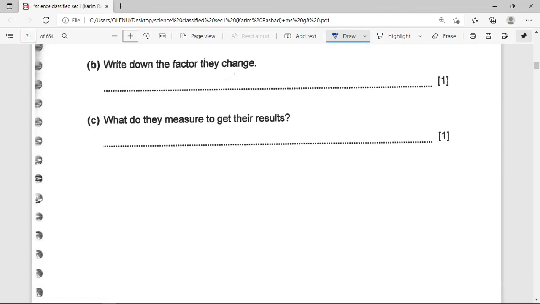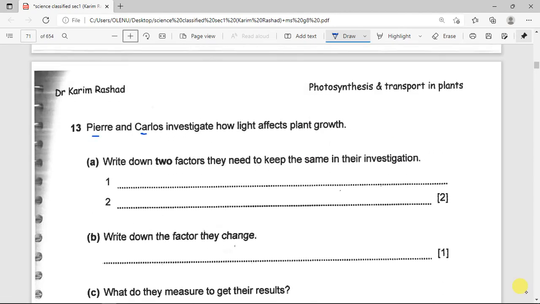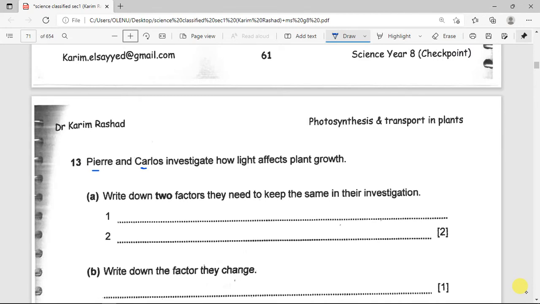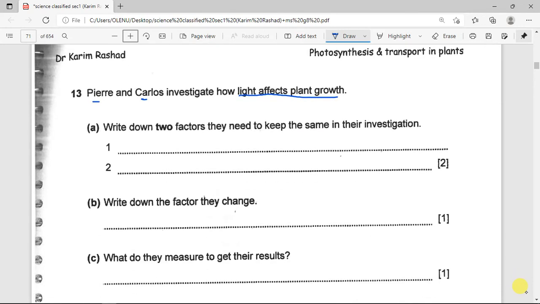Now they say Pierre and Carlos investigate how light affects plant growth. Write down two factors they need to keep the same in their investigation. Two major factors they need to keep the same are the volume of water, so you can put volume of water,